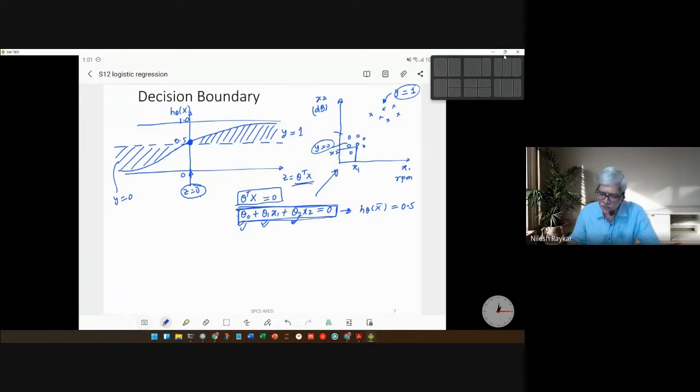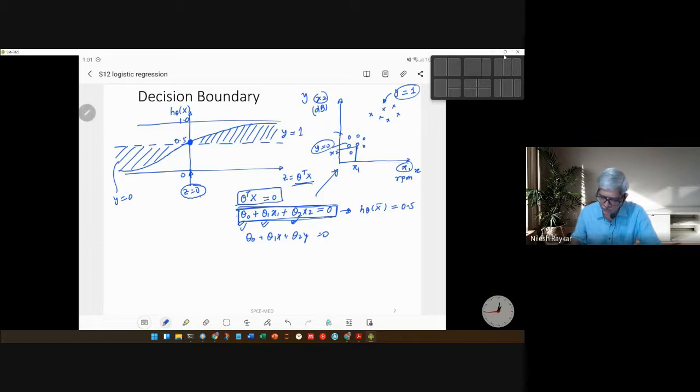Okay, so this is two-dimensional. A plane applies if you are considering higher dimensions, but this is just two dimensions, x2 and x1. If you call this y and this x, this is nothing but theta 0 plus theta 1 x plus theta 2 y equal to 0. So it is y equal to mx plus c. It's the equation of a straight line. If you have more than two features, then what Poonam said is correct: it is the equation of a plane.